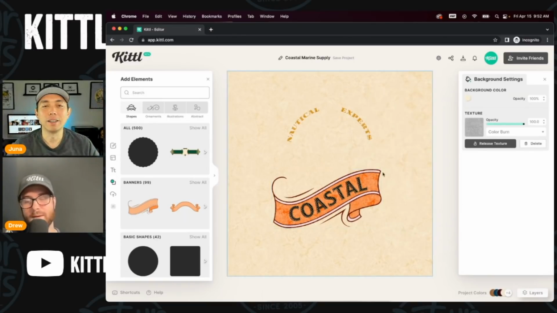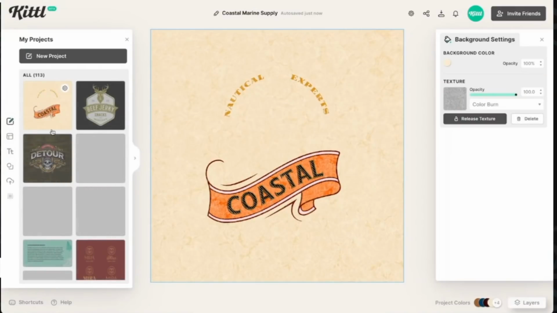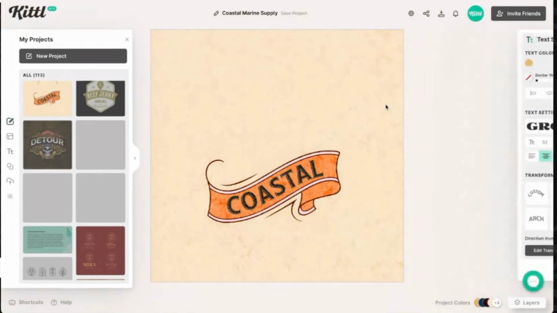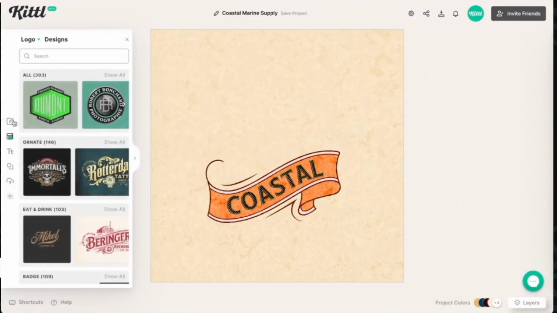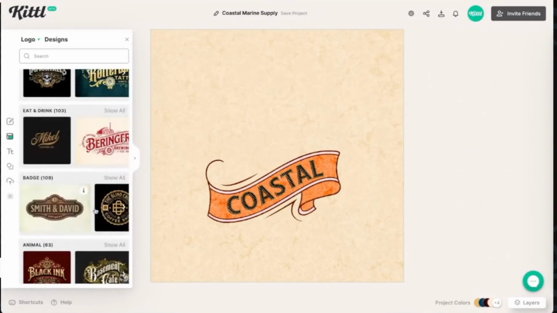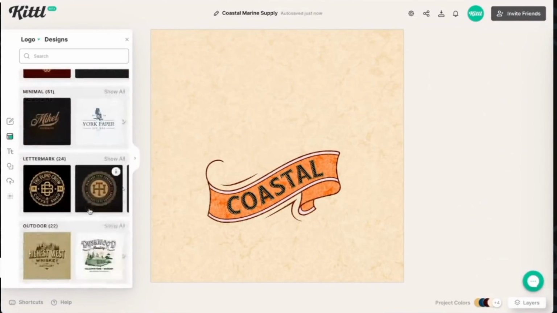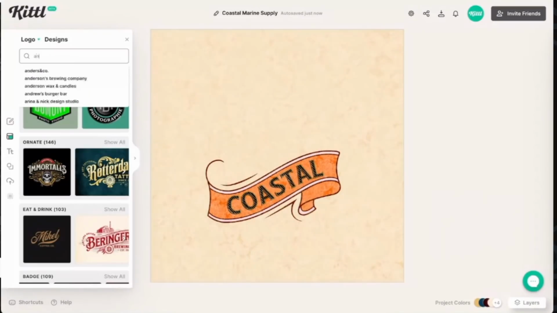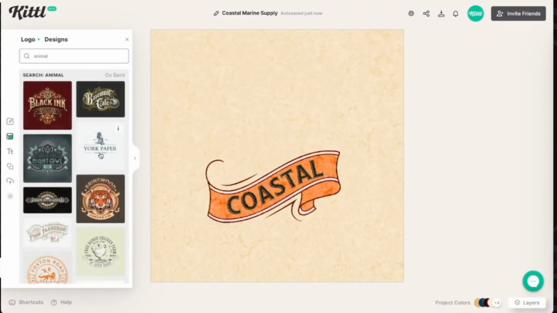Absolutely. So there's just so many things. Oh my gosh. So let's work through this panel here. We have the My Projects panel where we could start a new project, kind of similar to how we did there. We have the template designs panel where I already showed how you can go through this, and you can pick a different one in all these categories, or you can search. So like how we did on the homepage, if we want to search templates that have